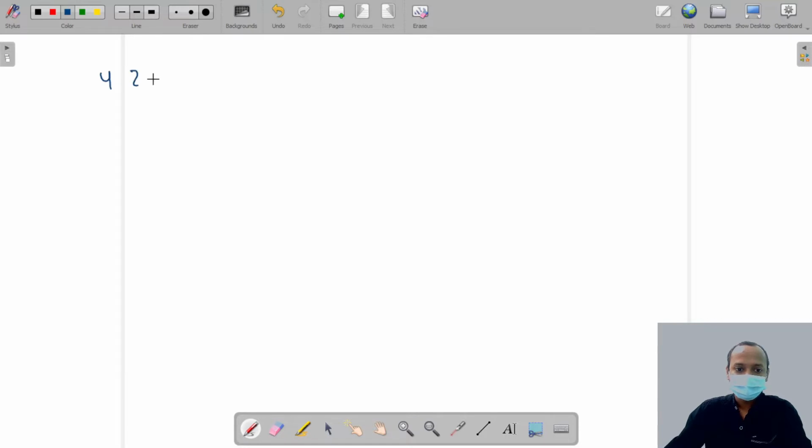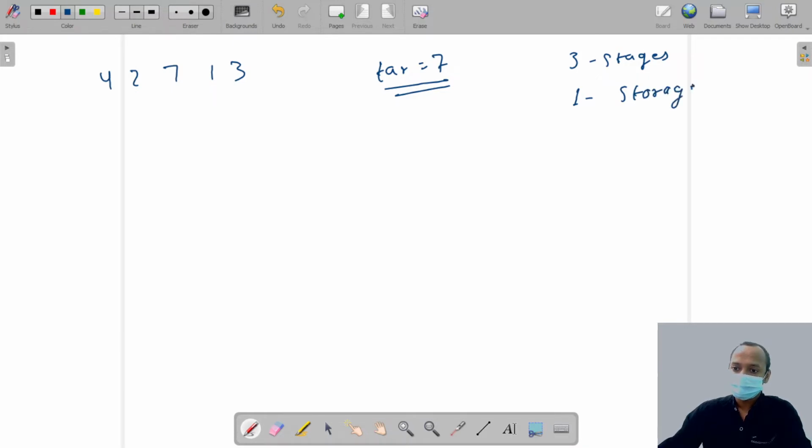We are given 4, 2, 7, 1, 3, and the target is 7. In DP we have three stages. What are the three stages? The first one is that we have to define a storage and its meaning.